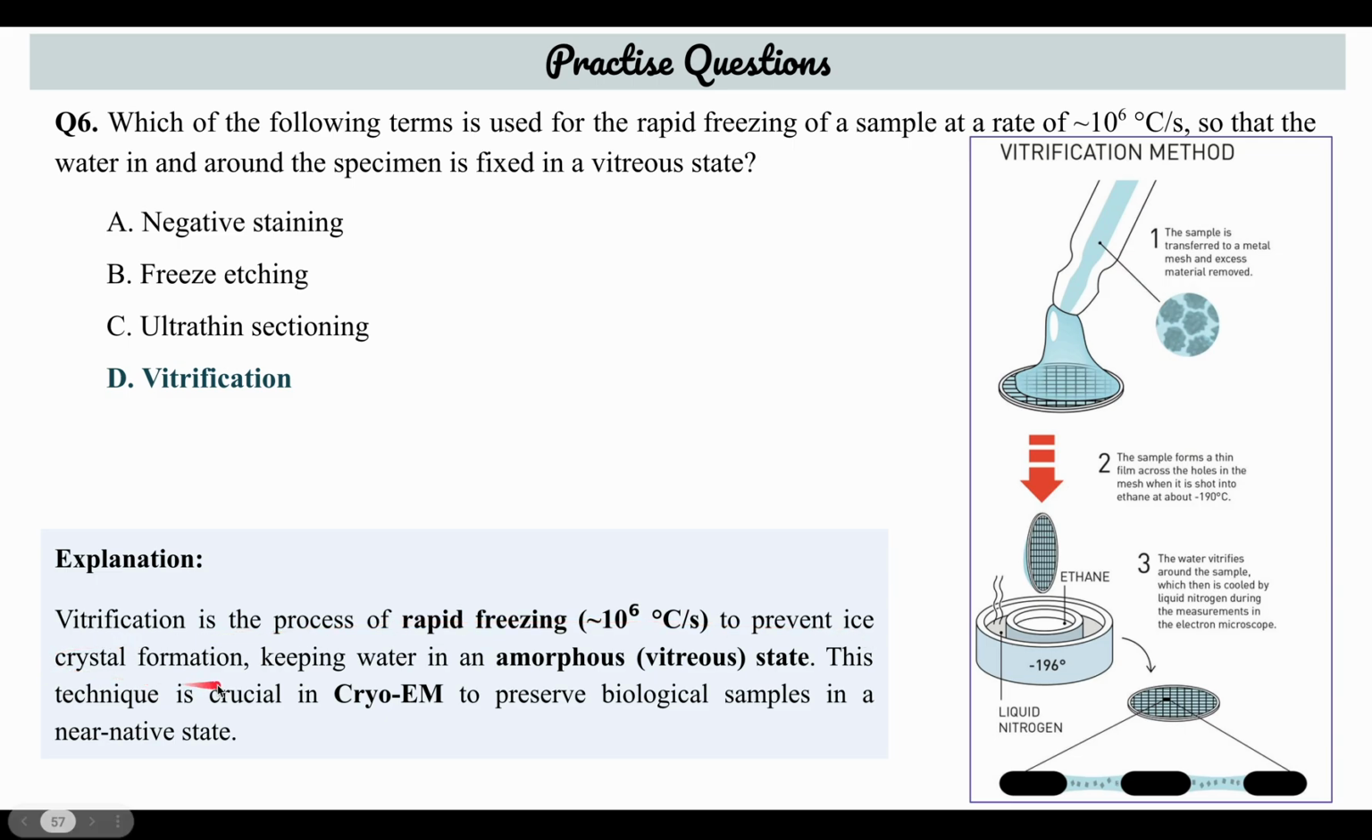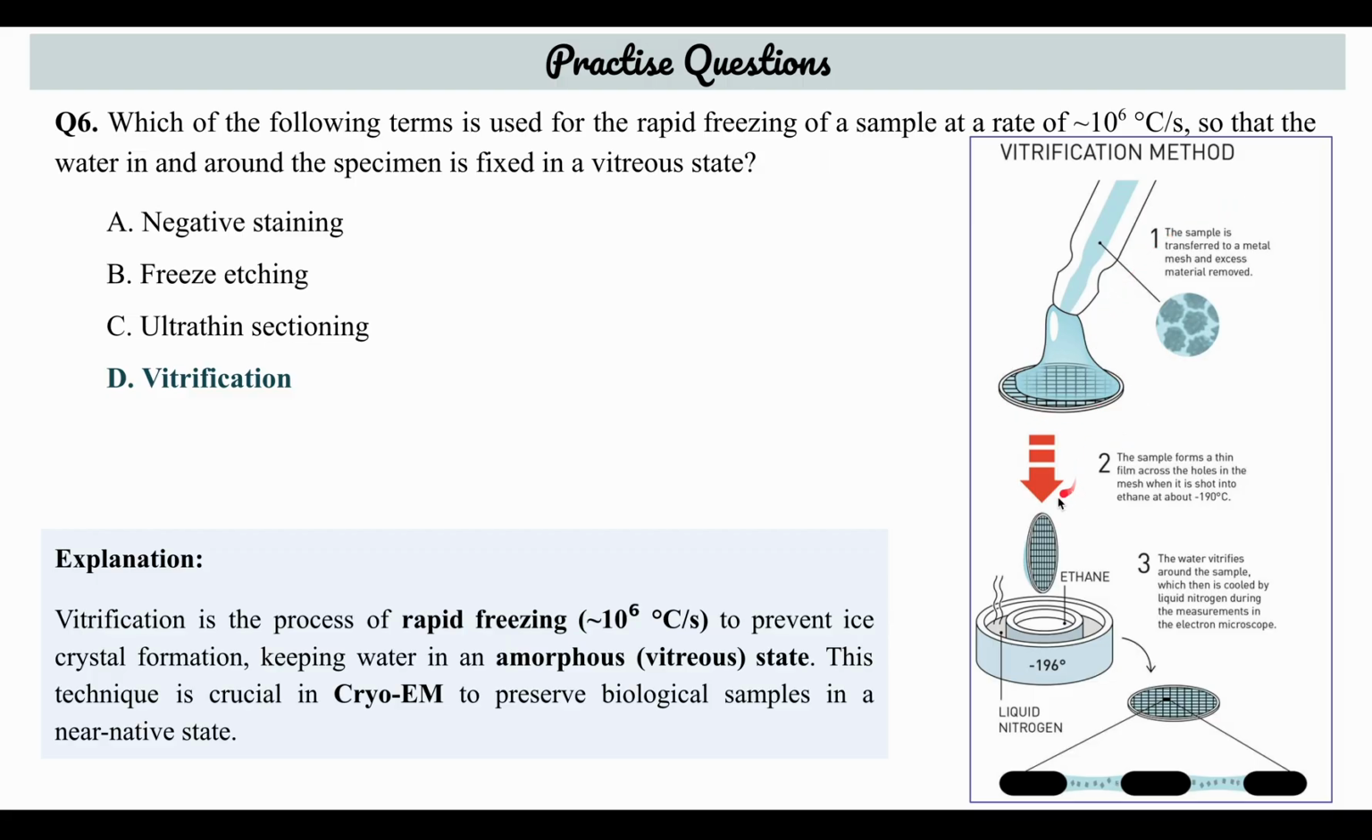To prevent ice crystal formation, because we have seen that if there is slow freezing, then the aqueous environment outside the biomolecule or protein can form ice crystals, and these crystals can damage the structure of the biomolecule. So that's why we need rapid freezing, which keeps the water in an amorphous or vitreous state. This technique is crucial in EM to preserve biological samples in their near native state. And this is Dubochet's vitrification method, in which the sample is taken on a grid,